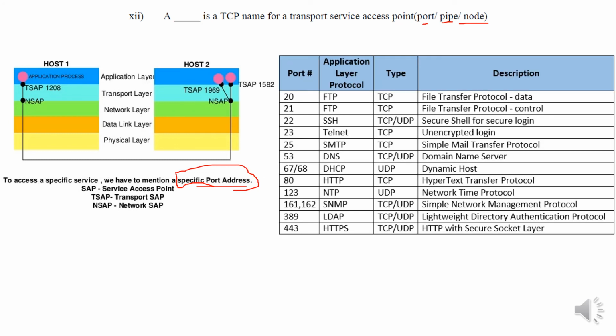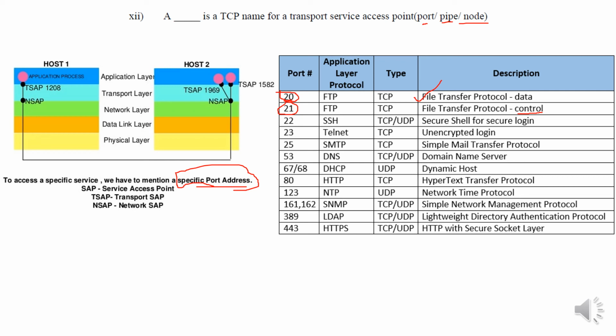Some of the network layer protocols have particular defined ports that use this service. For example, file transfer protocol, FTP. For the data part, port number 20 is used, and for the control part, 21 is used. Data is basically the file data. You are uploading the file, moving the file, and this 21 is for control. That is, you are sending the signals, commands, read the file, remove the file, delete the file. These commands are the controlling commands.